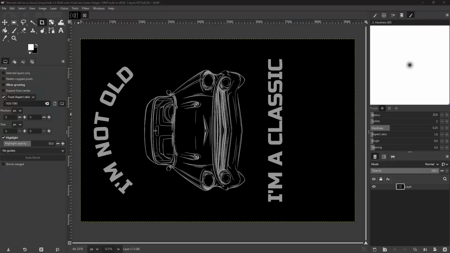Hello everyone. In this video I'm going to be showing you how you can rotate images using GIMP. And you'll see here that I have an image of a t-shirt design that I created, and when I was working with it and setting up the files